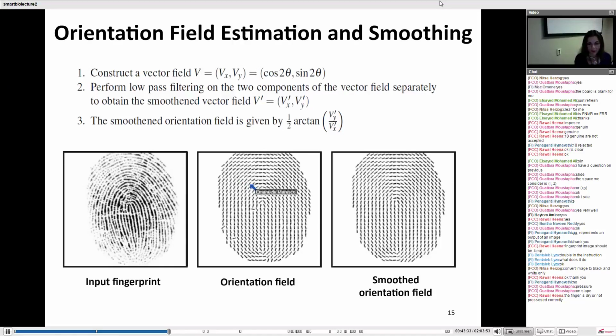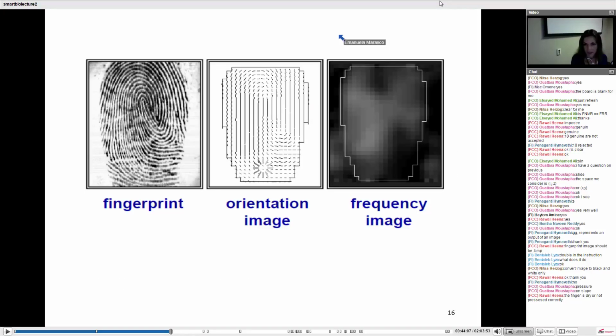So what is possible to do is we can design a low-pass filter so that a smoothing operation can be applied to the orientation map, and then we can obtain a smoothed orientation field in order to improve the quality of the features that we're going to extract from the orientation. And these features are, as we already know at this point, level 1 features, so singularity points. So, how many of you remember